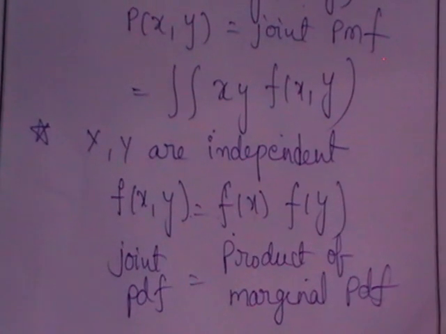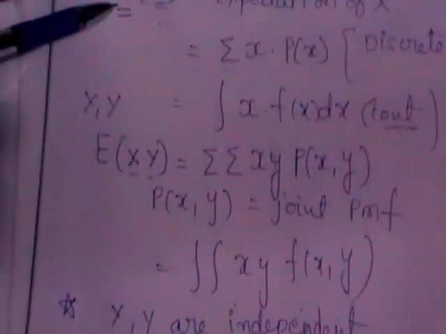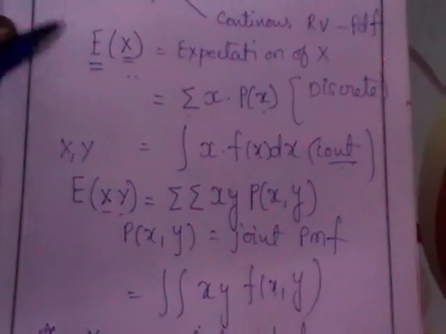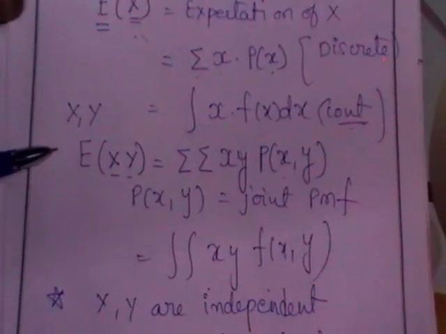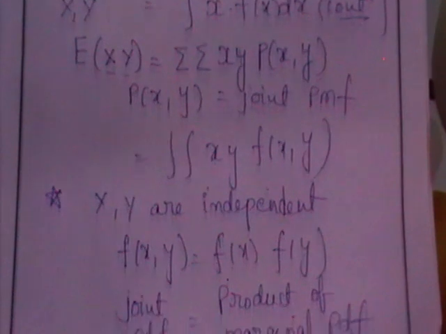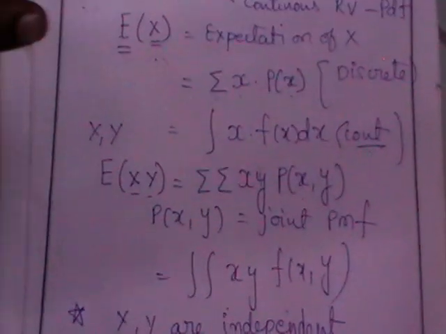So these are the definitions for expectation in case of one variable, univariate, and for bivariate in case of two variables, when they are independent. These three are necessary to discuss the two theorems called the addition theorem on expectations and the multiplication theorem on expectation. Addition theorem on mathematical expectation.